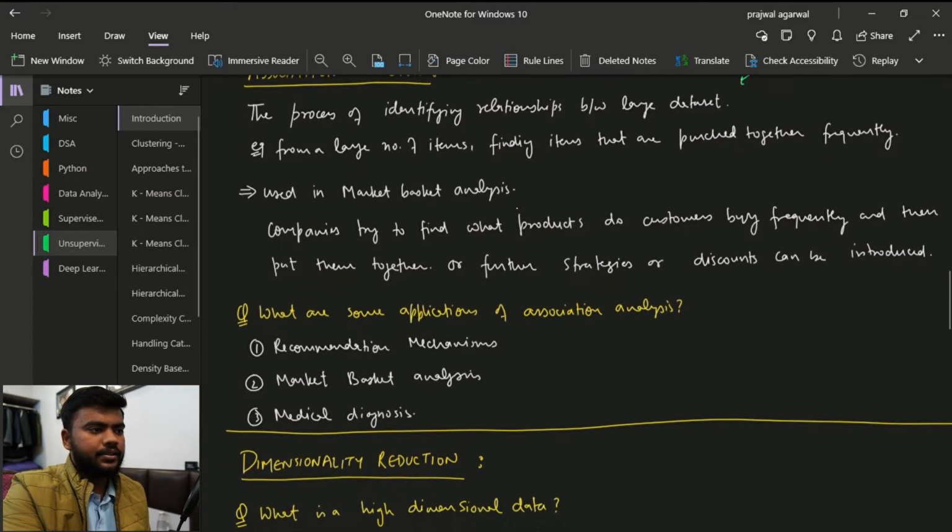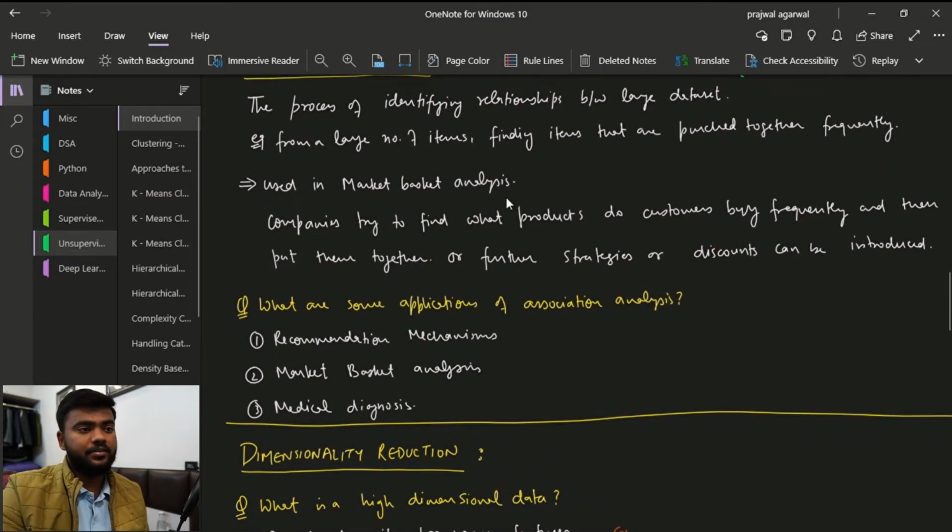Okay. So it is very widely used by large shopping complexes like Walmart or Best Price or Easy Day, Big Bazaar, and everything. And they use this analysis to put the products which are related to each other together, so that the customer has a hassle-free experience. If there is a customer for cold drinks, then the chips are right next to them, so that the customer gets everything in the same place, and basically customers end up purchasing more, so it also benefits the business.